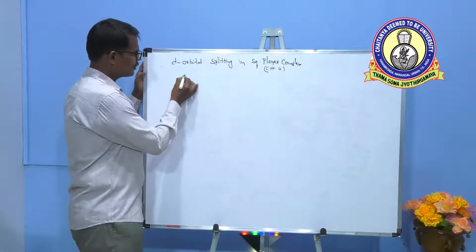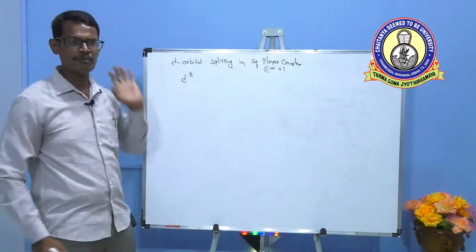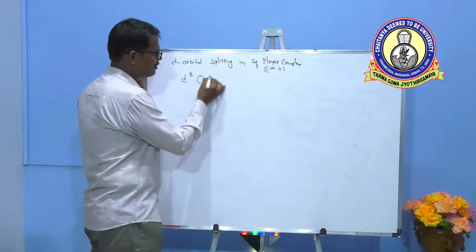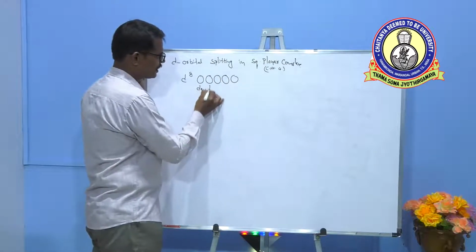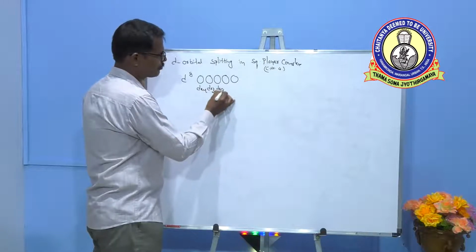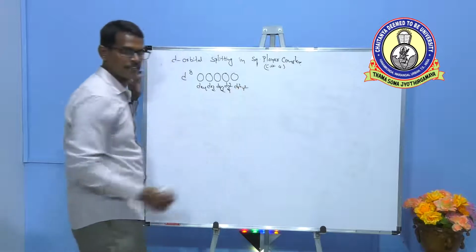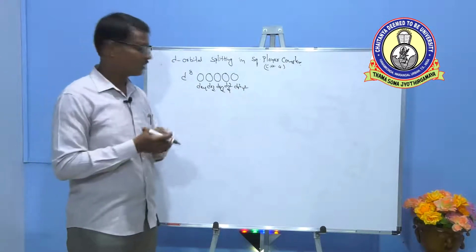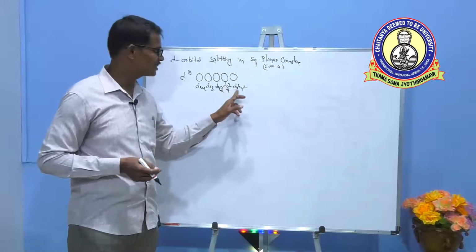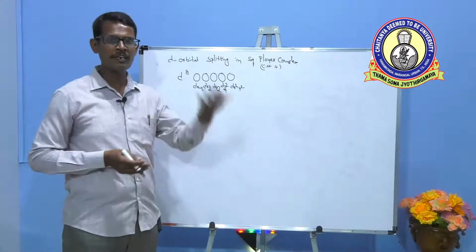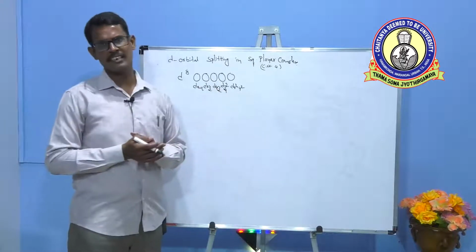Here, consider the square planar complexes are formed by d8 metal ions. Here, the 5 d orbitals, that is dxy, dxz, dyz, dz square, dx square minus y square. The students may have doubt why sir is writing dz square first, then dx square minus y square. So the practice is that first we write dx square minus y square and dz square.